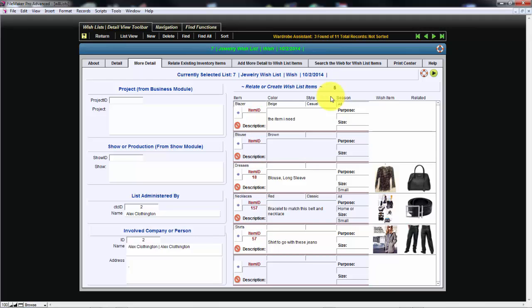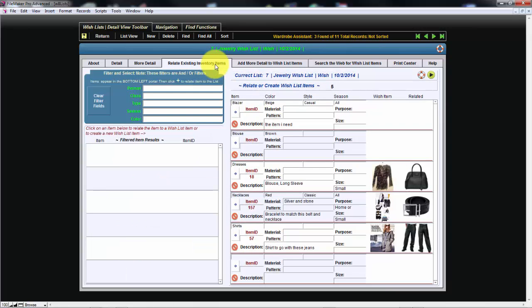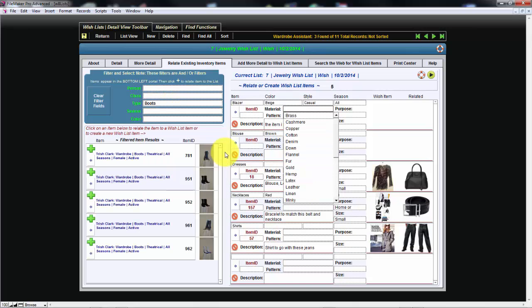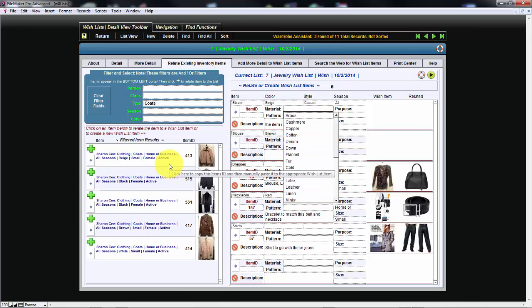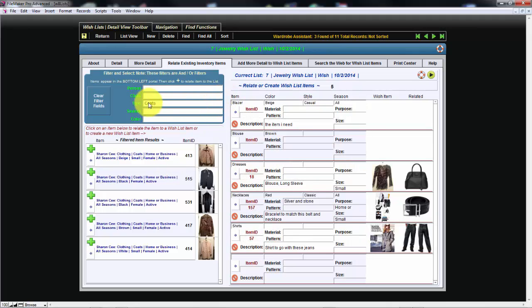The tab titled Relate Existing Inventory Item is broken down into three quadrants. The top left is home to the Filter and Select filter fields, and the bottom left quadrant displays the filtered results. The right quadrant displays the wish list items. In many situations, it may be beneficial to associate a wish list item with an existing inventory item in order to properly match items to items. Some scenarios of why this is beneficial could be